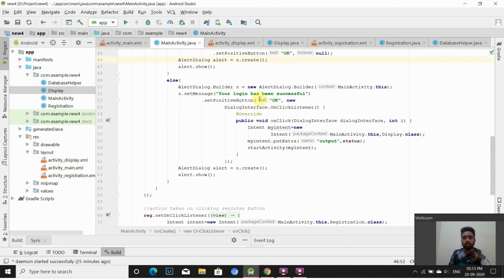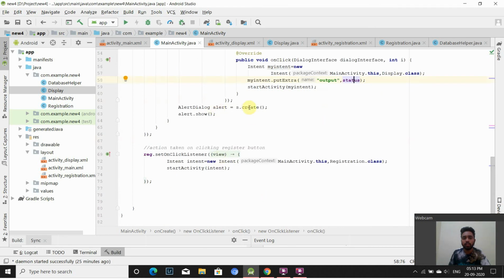In this section of code we are creating an onClick on the dialog interface, and then we are using an intent to go to another activity, which is the display activity. With myIntent.putExtra, whatever the status is, we are putting it in the intent and forwarding it to the other activity. Then we are starting our activity, and this is to create an alert dialog box and show it.